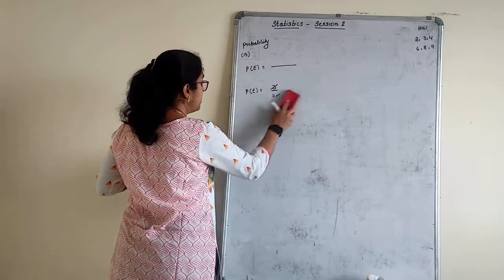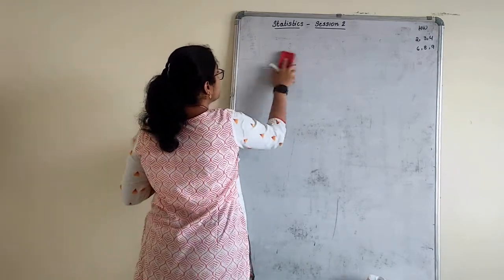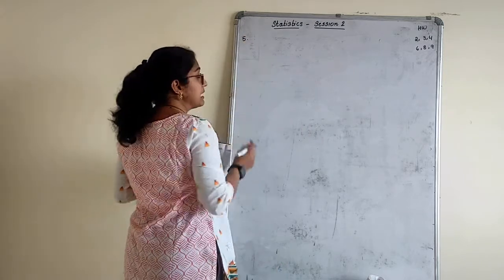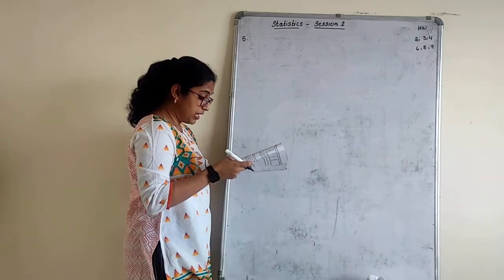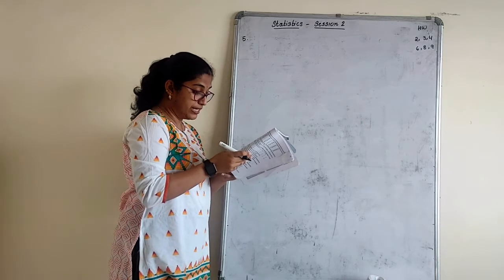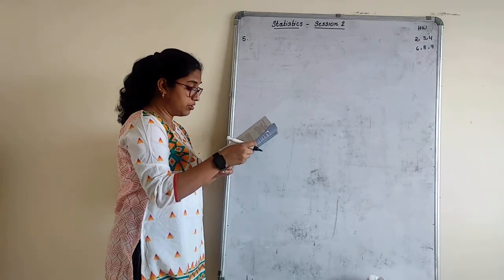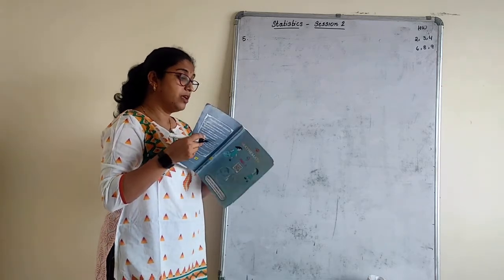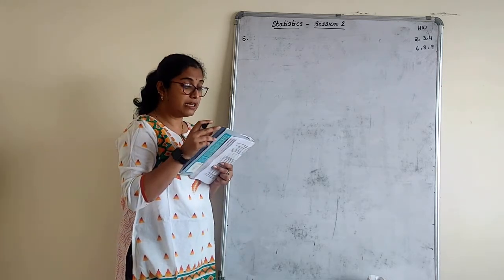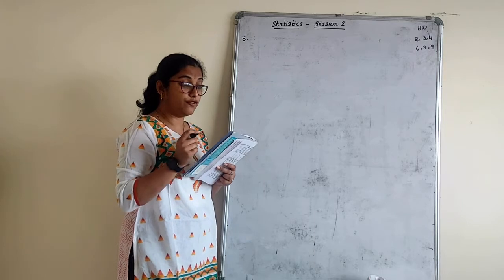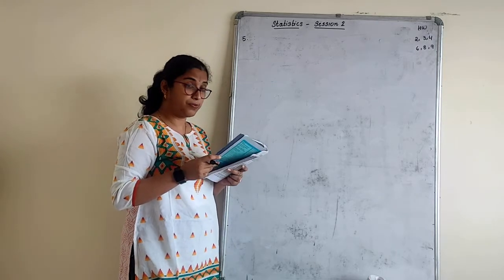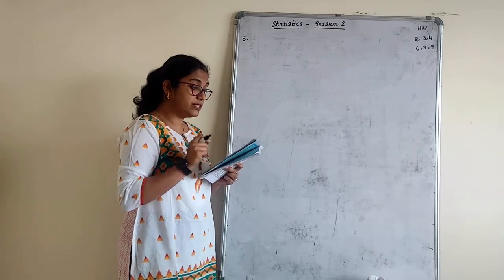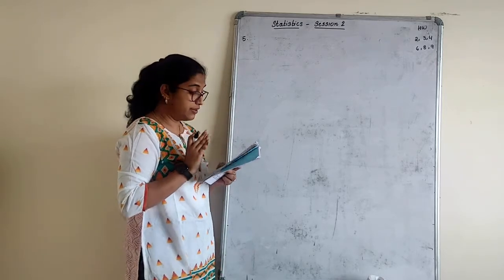Because we have again a probability question in that. First we'll solve according to the statistical data what they have asked. A study was conducted to find out the concentration of sulfur dioxide in the air in parts per million of a certain city. The data obtained for 30 days is as follows, right? This is the data which is already given. Make a grouped frequency distribution table for this class interval.